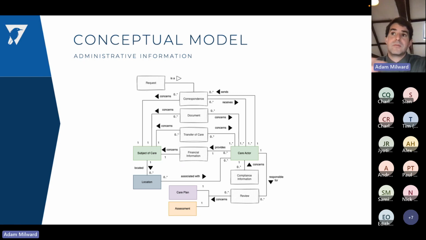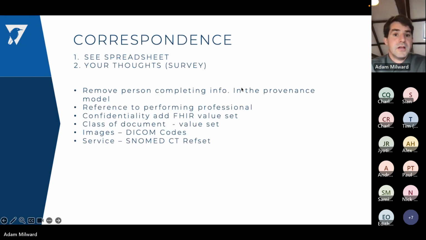They might come back in, but you can't boil the ocean. There's only so much you can do. So at the moment, we've put those into the conceptual model, but they're not going to be part of the specification. So let's start with correspondence. There's a few pieces of information that we would